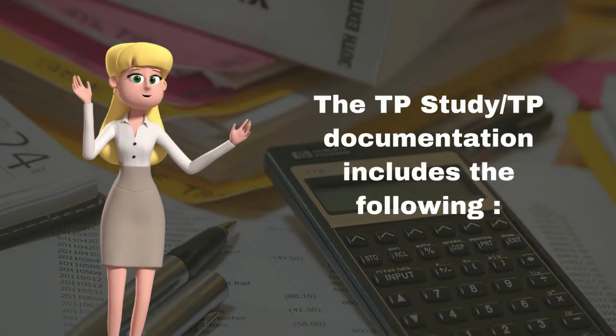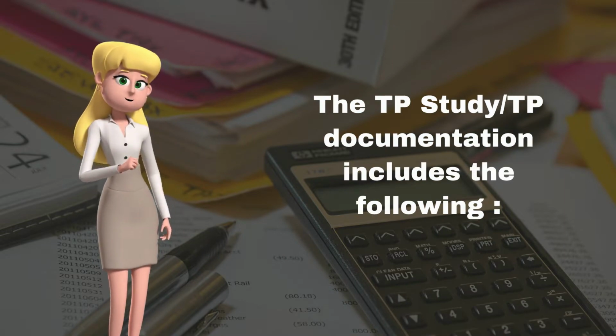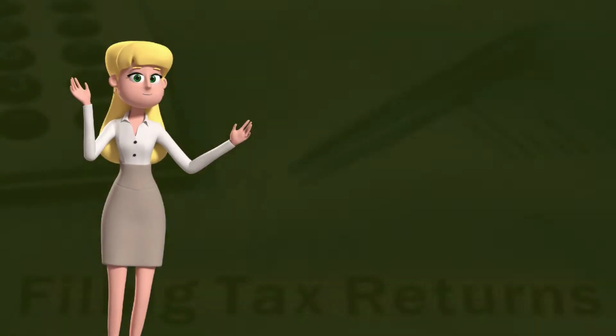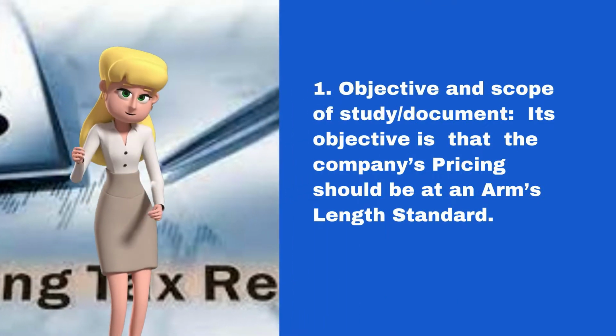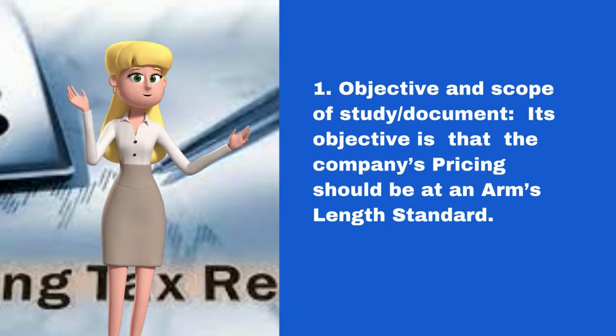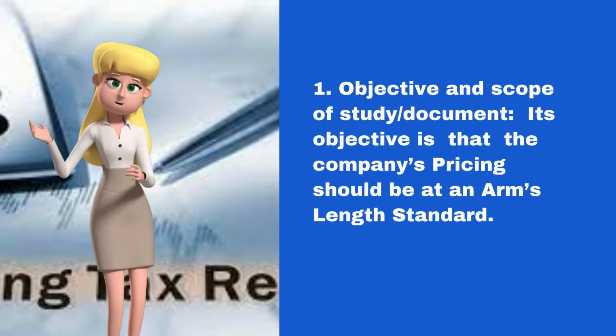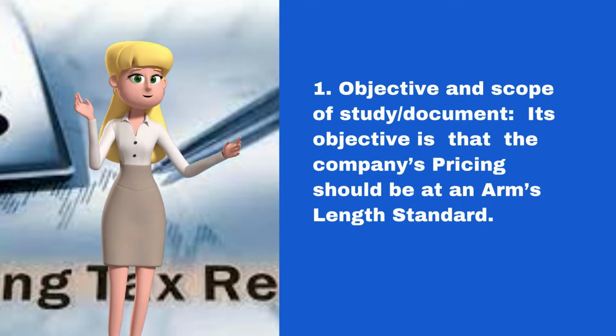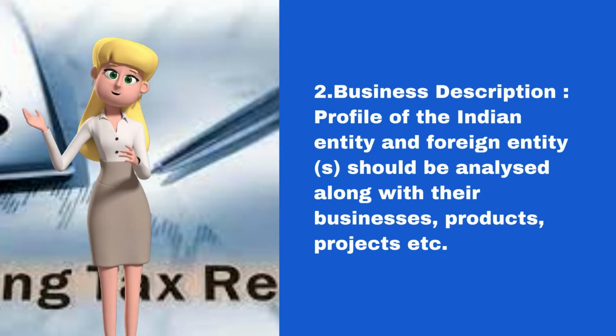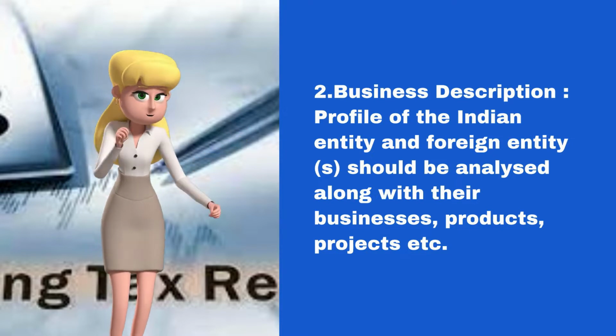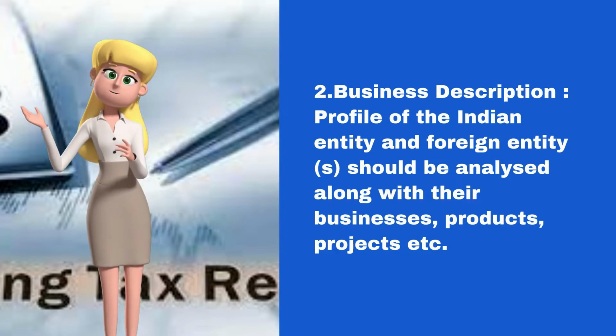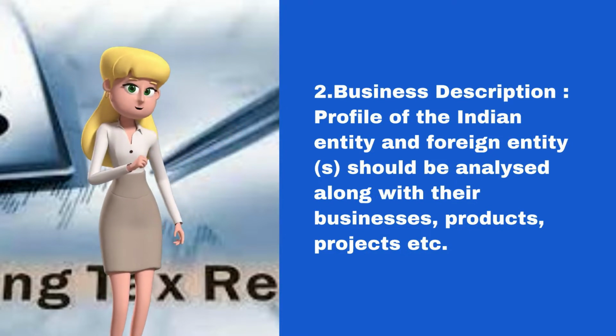The TP study or TP documentation includes the following. 1. Objective and scope of study or document. Its objective is that the company's pricing should be at an arm's length standard. 2. Business description. Profile of the Indian entity and foreign entity or entities should be analyzed along with their businesses,